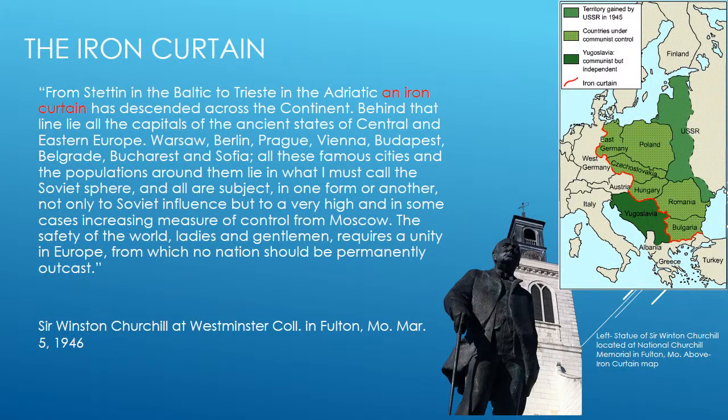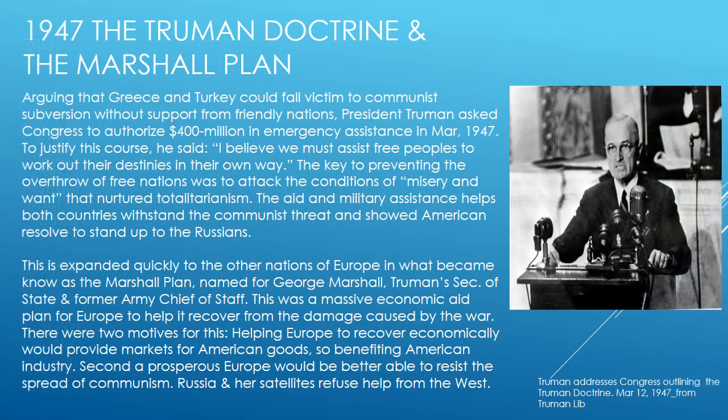After that, Churchill gives his famous Iron Curtain speech in Fulton, Missouri, and the following year, Truman, in response to communist insurgents threatening Greece and Turkey, announces what is known as the Truman Doctrine and sends $400 million in aid to these countries, which helps very much. And this quickly turns into the Marshall Plan, which pumps millions of dollars of aid into the Western European countries. This aid is also offered to Russia and her satellites who refuse.